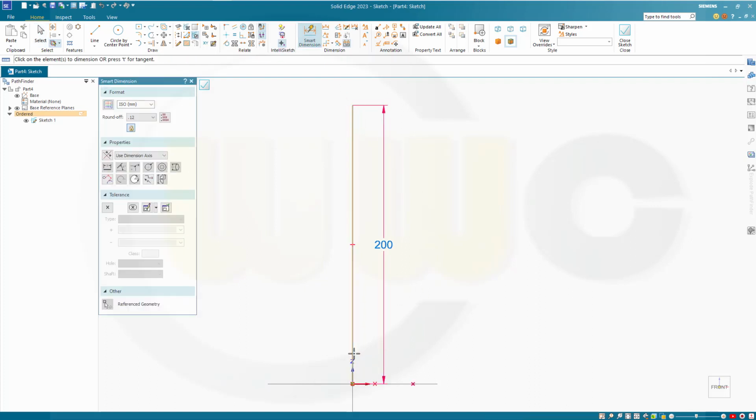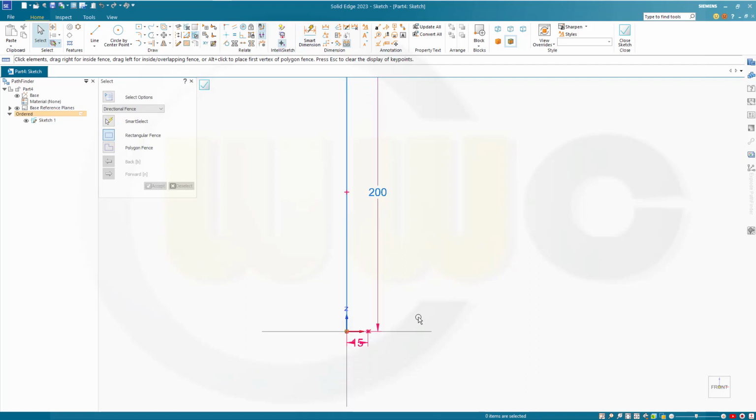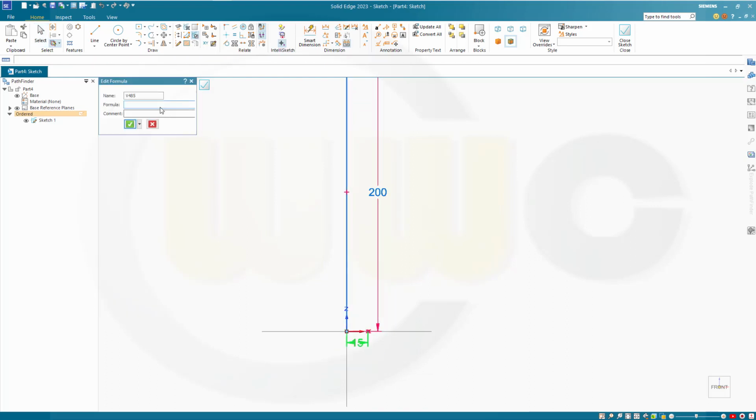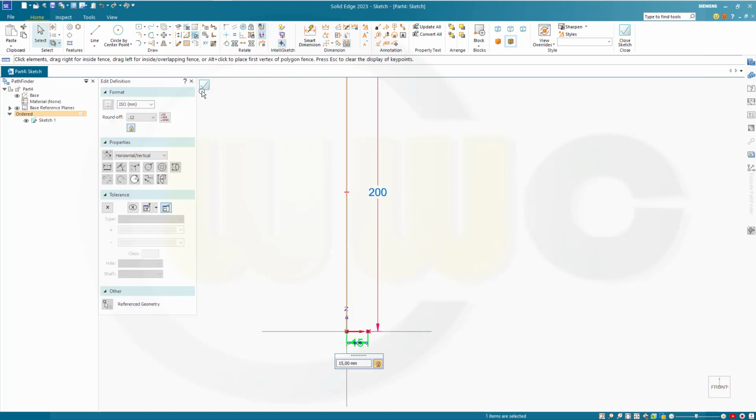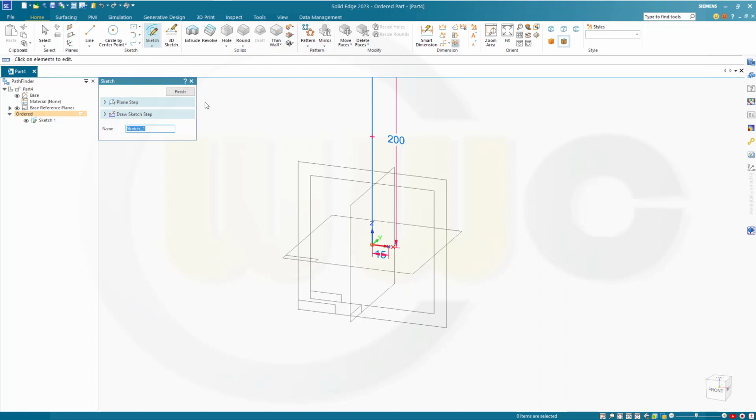And from that line to that point here, this should be 15. And that would be, of course, the stand diameter divided by 2. So double click it here, go for the stand diameter divided by 2 and confirm that formula. Close that sketch, finish,